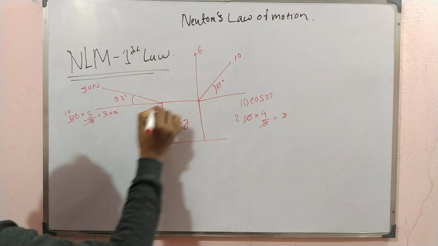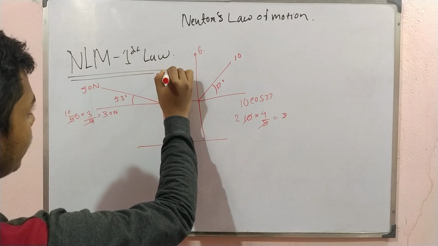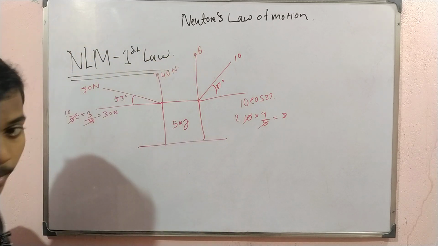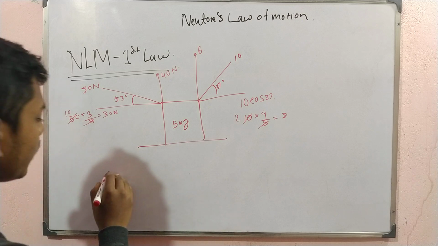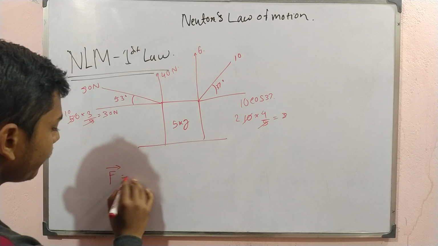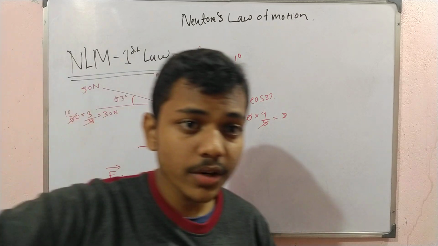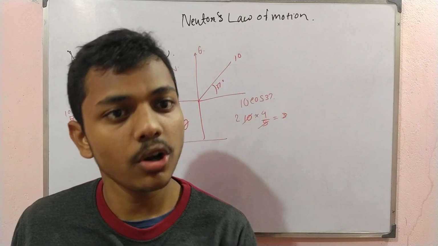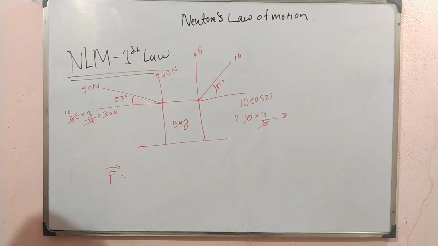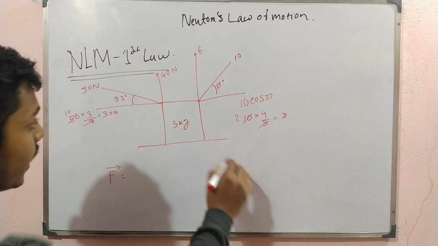30 Newton. And here there is a 40 Newton. Now we can find the direction of the force, because the force is a vector quantity. Everybody knows the force is a vector quantity because it has a magnitude as well as a direction. So you can write the F vector as equal to